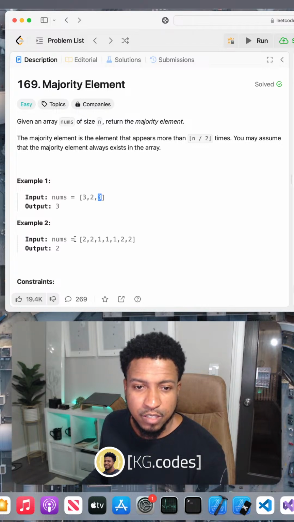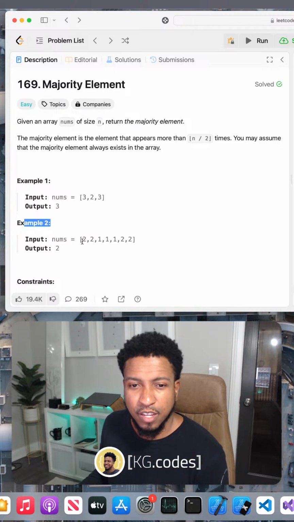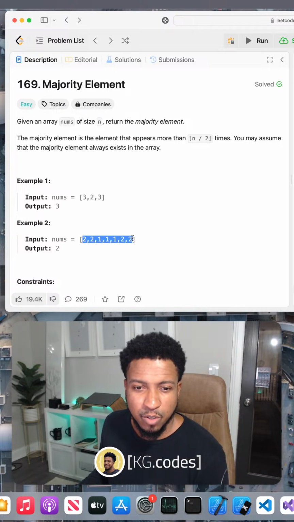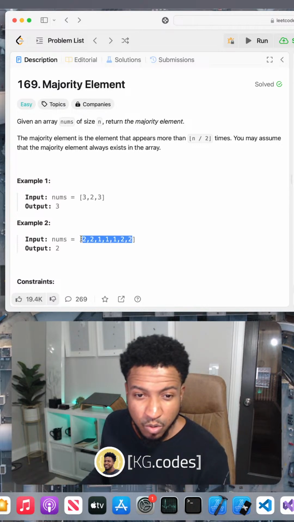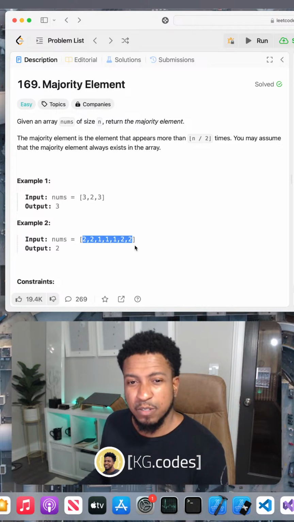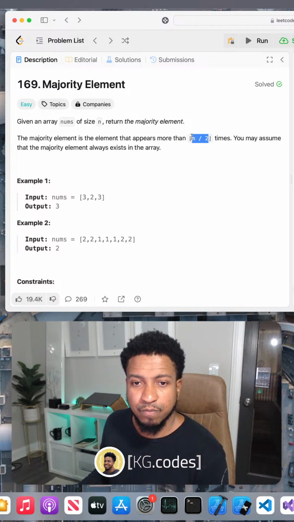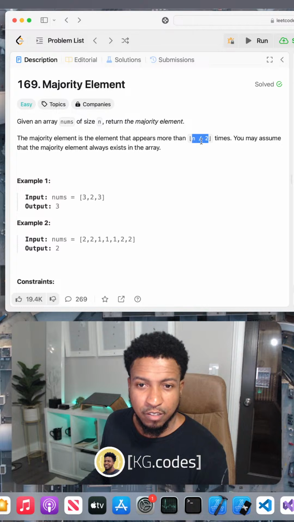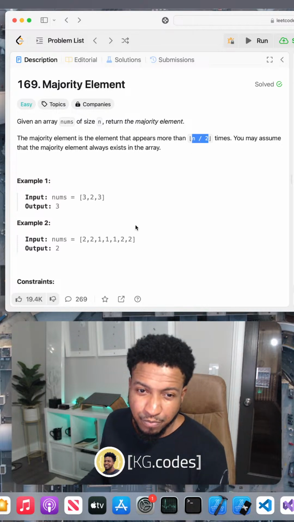And then with the second example, I would go through and count the same way. I would keep track of what I'm counting. How many 2s did I get? As I go through, I would just add a count for each thing that I find. And when I get to the end, I would look at the counts that I've stored, and I would pick which one is the highest value, or I would just pick the first one I find that is over half the length of the array, like the length of the array divided by 2. So with that being said,